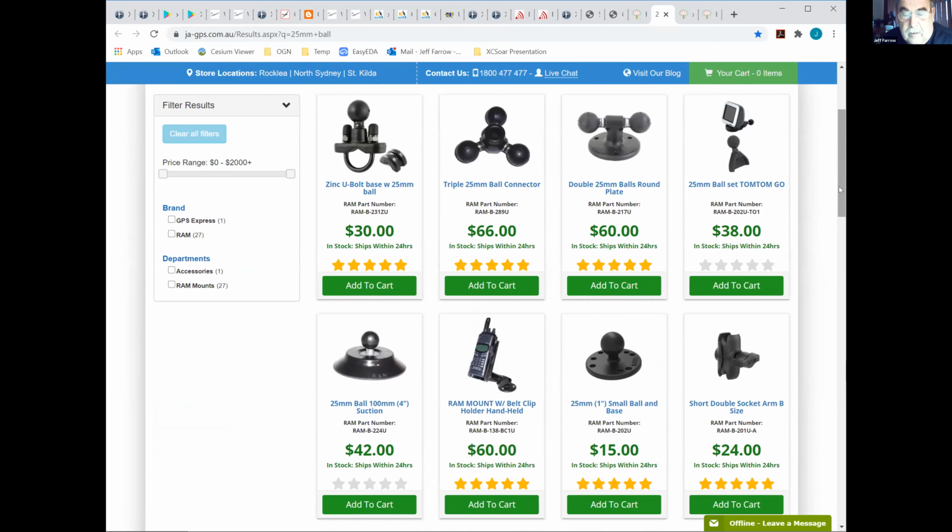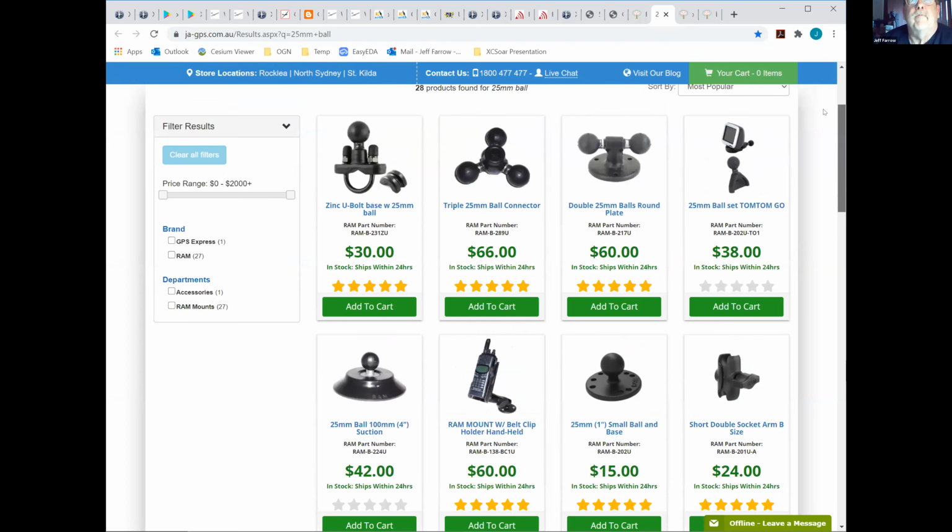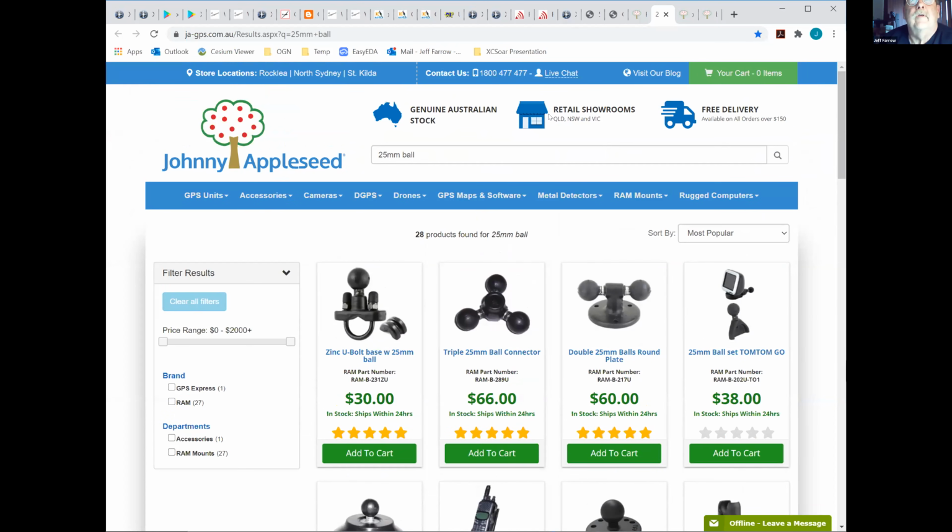Again, if gliders have got an empty instrument hole, then there's no reason you can't put a piece of perspex in there. Maybe paint the back of it so you don't get distractions through the perspex, and mount a suction mount onto that. But in our club gliders anyway, it's pretty relevant because all of them have got the base mounted in them.